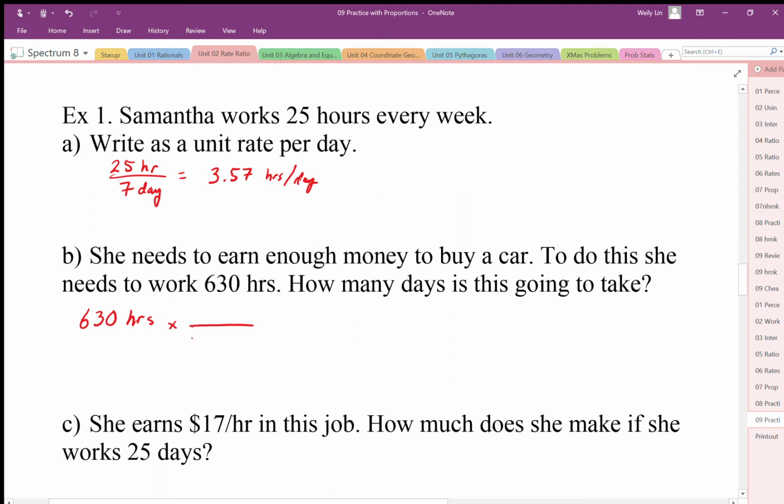So I'm going to have my hours in the denominator, because I need my hours units to cancel out. This is going to be a unit rate, so this is 1 day. So I'm going to use the reciprocal ratio here. And so this is basically going to be times on top, divide on bottom. So we're going to end up with 630 divided by